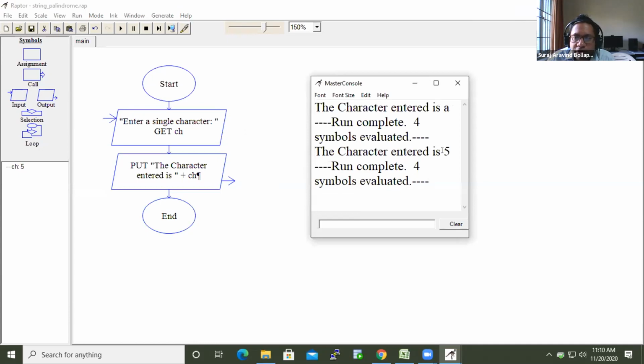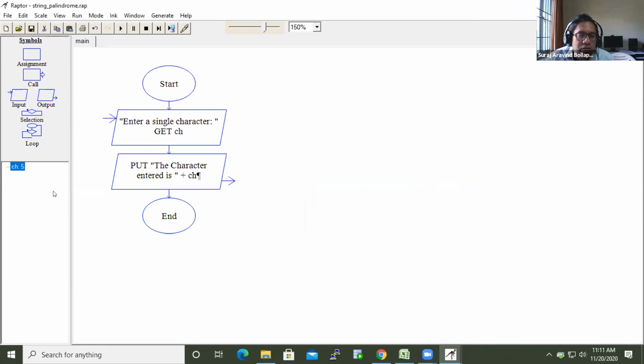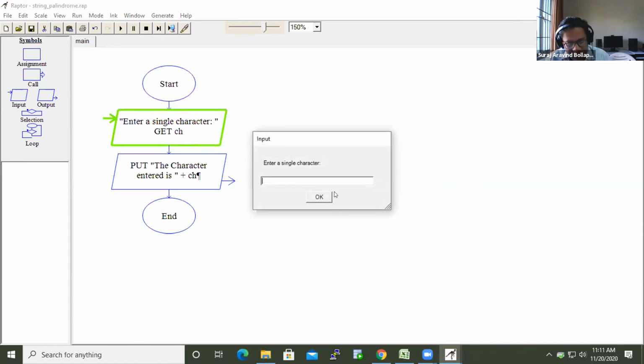When you check, whatever you have entered is coming. It is just the number 5. Run the same program by giving a character.